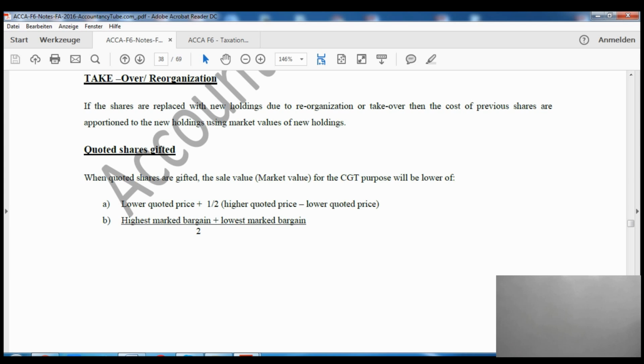Quoted shares gifted. When quoted shares are gifted, the sales value for capital gains purposes is going to be the lower of these two, right? So what is the lower of these two? We will take the lower quoted price plus the difference between the higher quoted price and the lower quoted price, and the second is the highest marked bargain and lowest marked bargain, whatever the average of that is. So the average of marked bargain, we'll use whichever is lower of these two. That is the way to calculate the capital gains tax on the quoted shares,